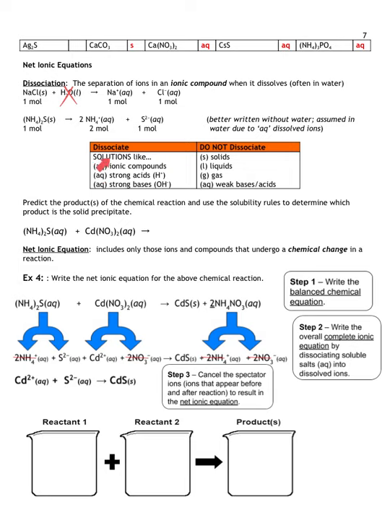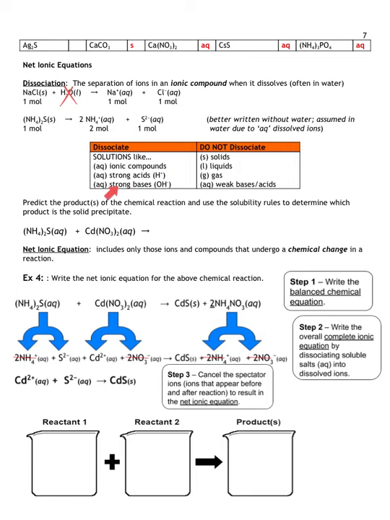So what are substances that tend to dissociate? Solutions like ionic compounds oftentimes can be dissociated, and you tend to know that they're soluble because of the solubility table. Oftentimes, and of course, the word solution suggests that they're soluble. Acids are also always aqueous, so we put the word aqueous. Now, strong acids